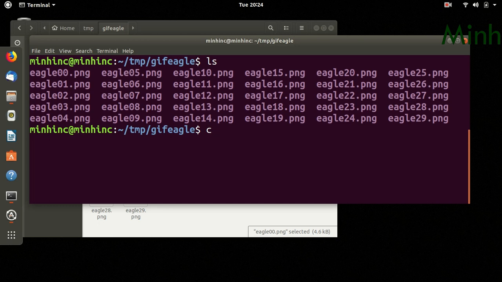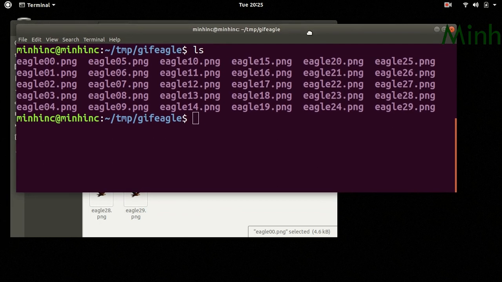There is a command called convert. It comes in the package ImageMagick. You have to install it with sudo apt-get install ImageMagick if it is not there. I have installed ImageMagick and it has convert.